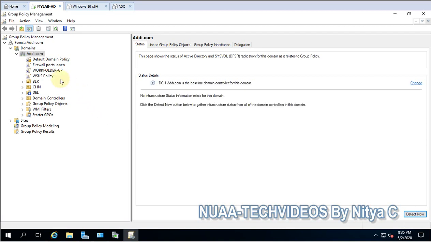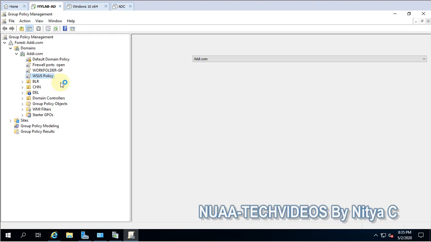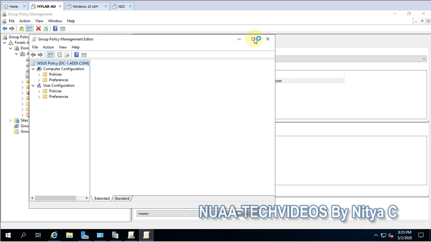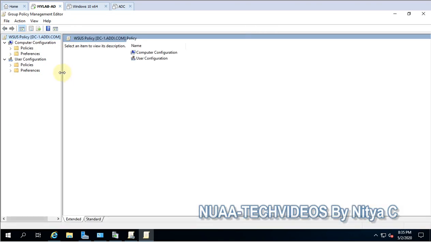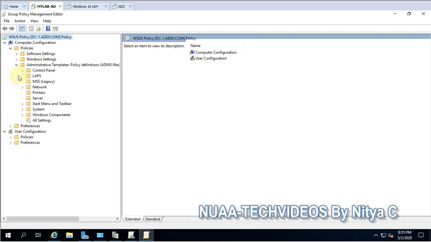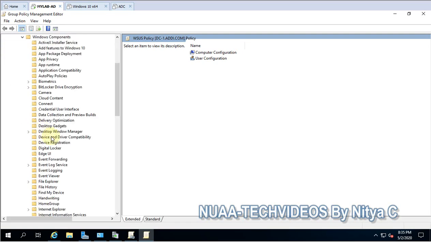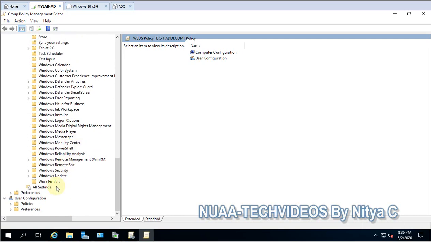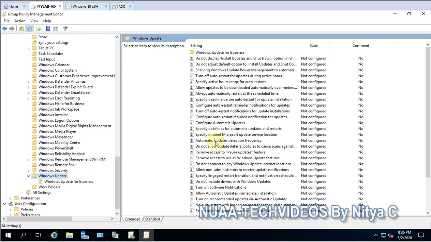Now, policy is configured. Let's open it, edit it, and to configure the policies, go to administrative templates, Windows components, and Windows Update.